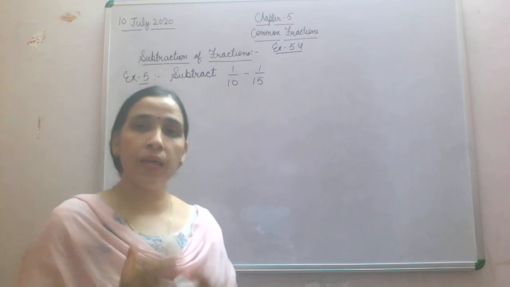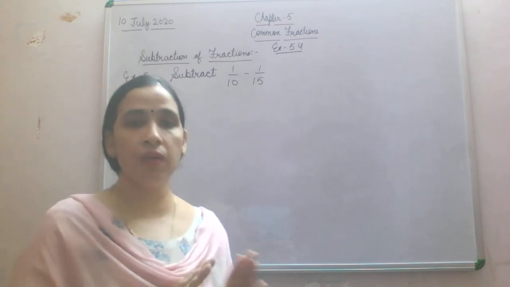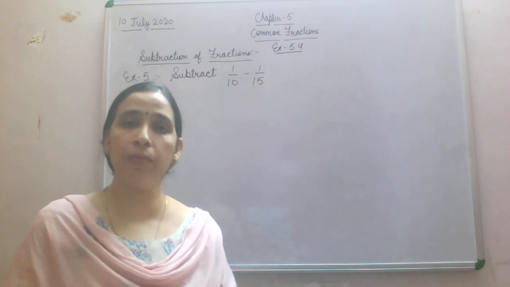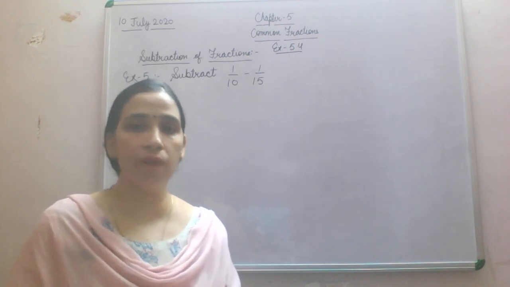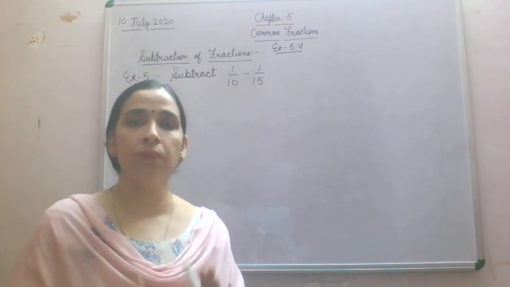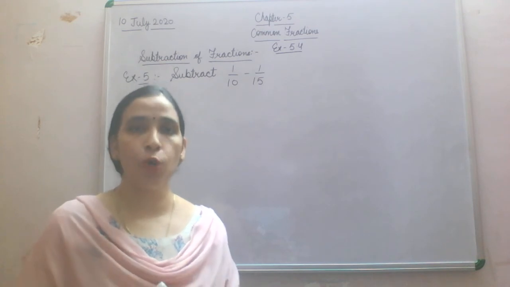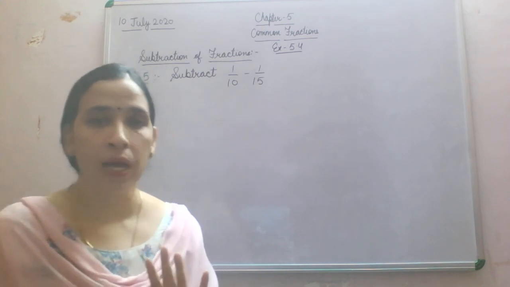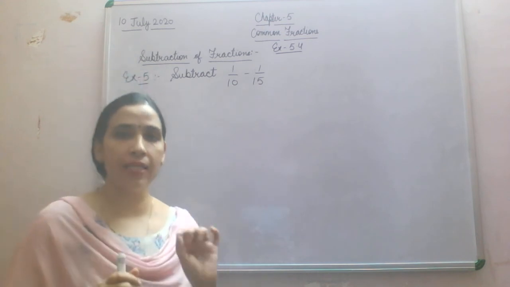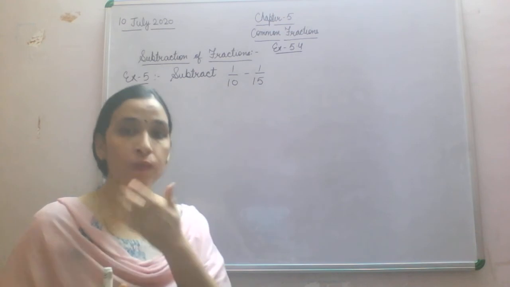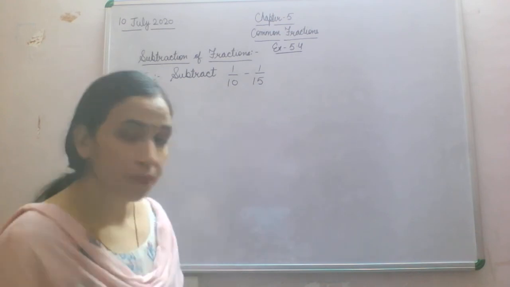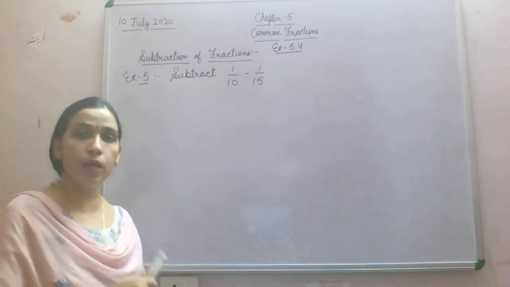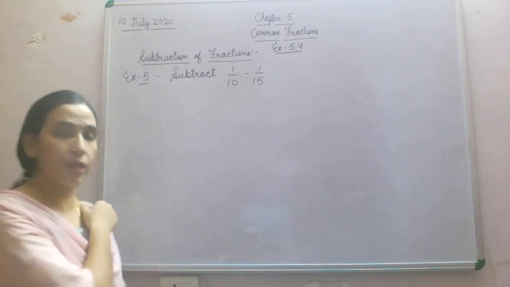See, this we have done in addition also. First we are finding the LCM of the denominators, however many denominators have been given to you, 2, 3, as many as. So in this subtraction you have been given 2 denominators always, and you are going to find the LCM first. So let's start this question and understand the steps along with doing the question also.